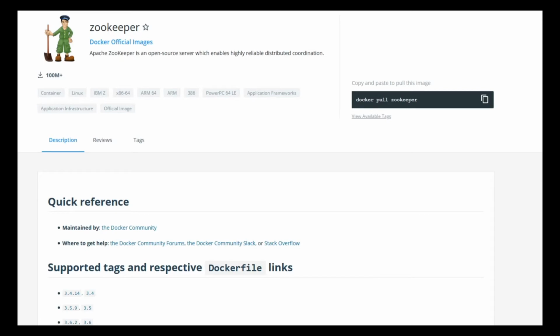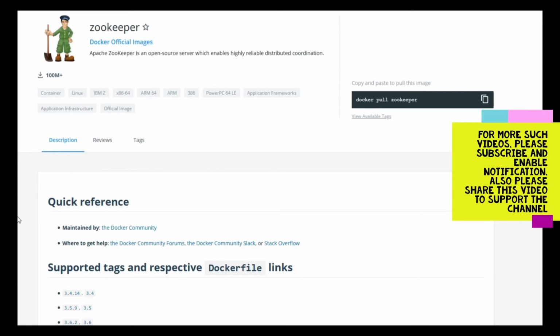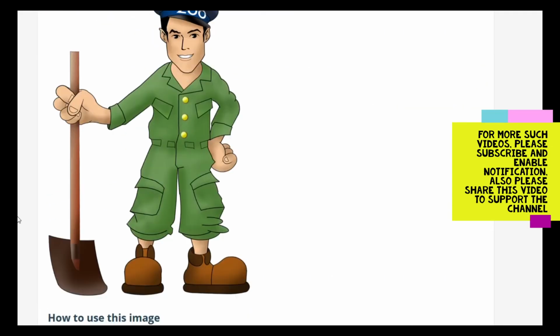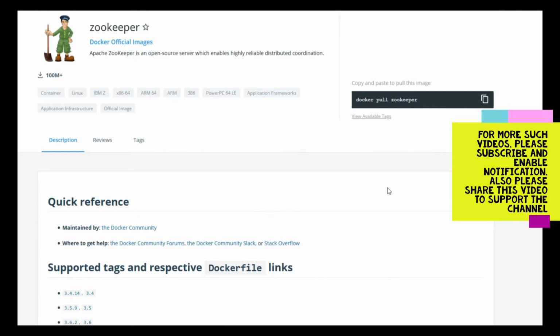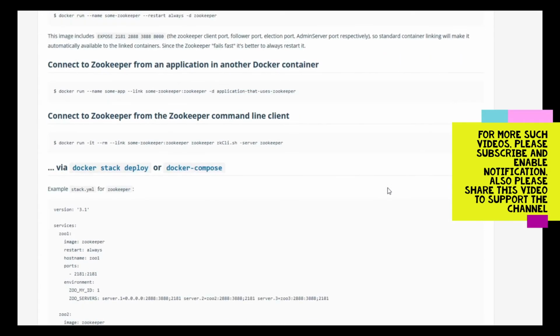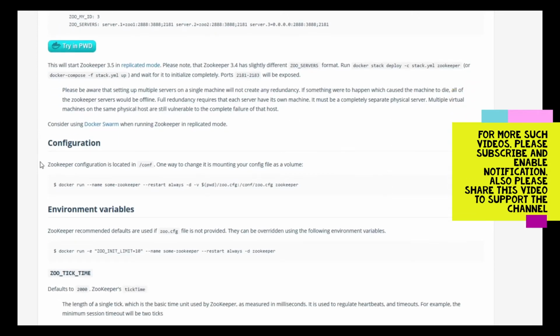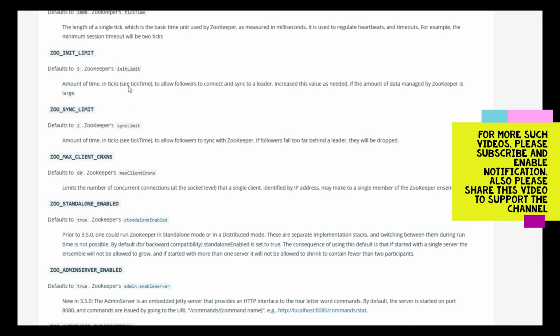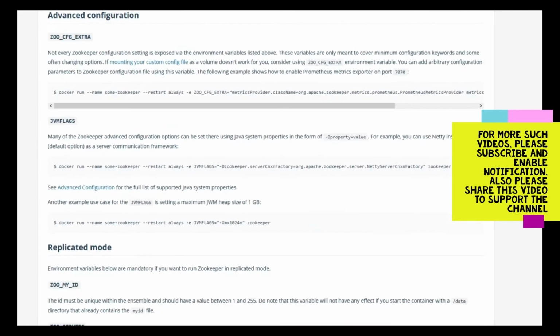If you're wondering where you will get the environment variables for each of the Docker images, you can look back into the reference guide over here. You will find everything documented. If you scroll down a little on the documentation page, you will find all the details about the environment variables and the configuration that you need. All the environment variables for the official image are pretty much listed over here. It will be like this.